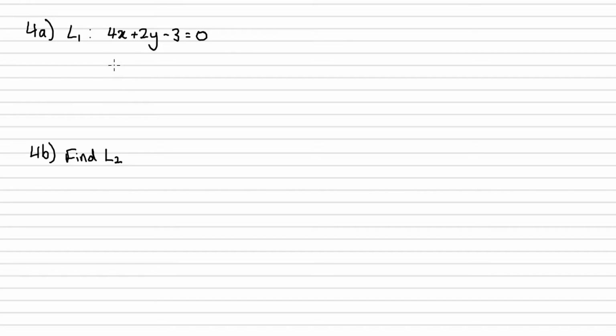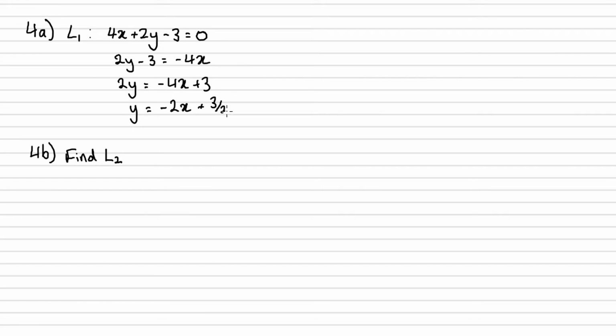equation, okay? So the first thing I'm going to do is minus 4x from both sides. So I'm left with 2y minus 3 equals minus 4x. And now what I can do is add 3 on both sides of this equation. So I'm left with 2y is equal to minus 4x add 3. Now I can just divide both sides by 2. So I'm left with y equals minus 2x